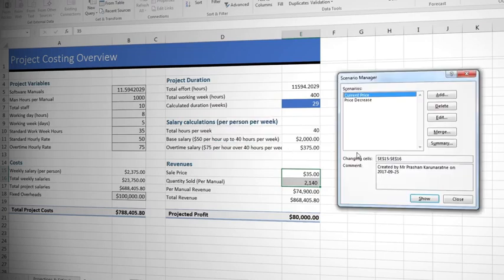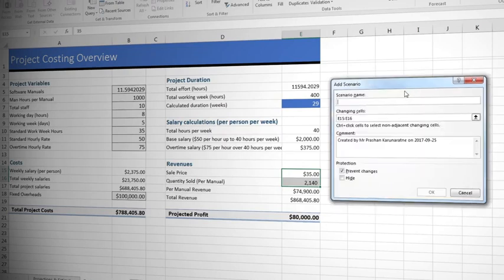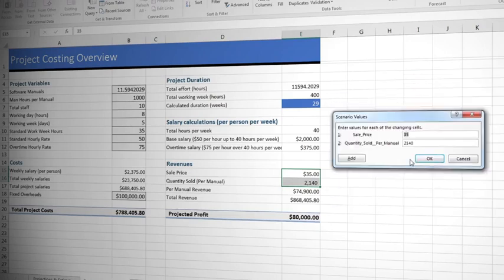We now have our first two scenarios. Let's go and add one more. I'm going to click Add, and this one is going to be Price Increase, and OK. This time I'm going to make the price $40, and I'm going to take this value and decrease it by 15%. Don't forget to put your equals at the beginning and then multiply by 1 minus 15%